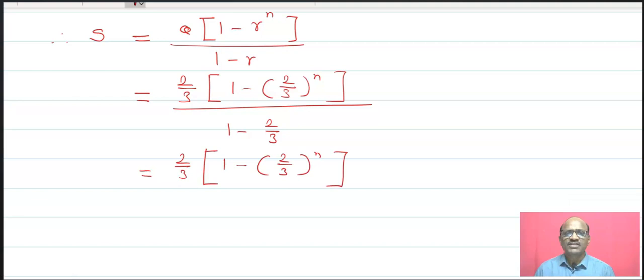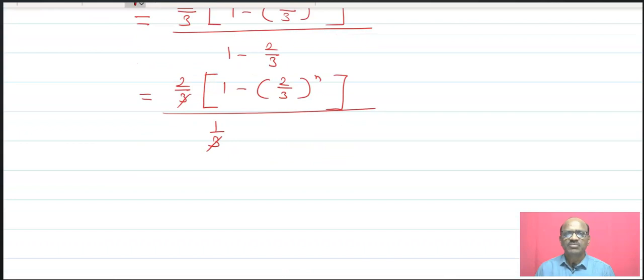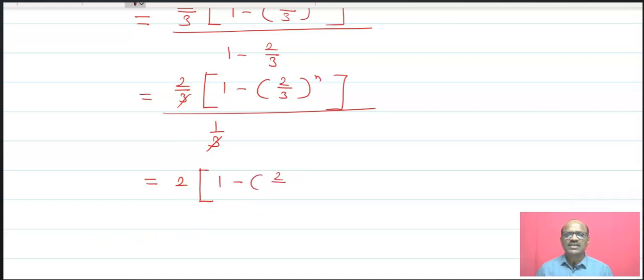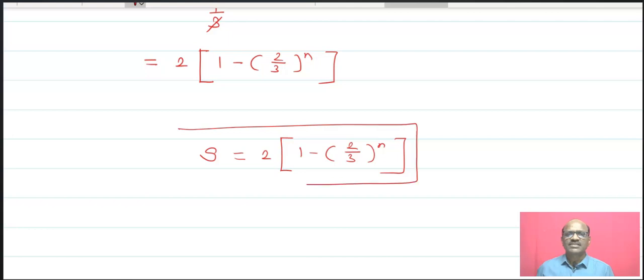That is 2 upon 3 minus (2 upon 3) raised to n, which is 1 upon 3, and these two terms get cancelled. This 3 gets cancelled, and then you will get 2 times (1 minus (2 upon 3) raised to n). Now see these calculations. That is 2 times (1 minus (2 upon 3) raised to n), and we have this answer. Now next is,